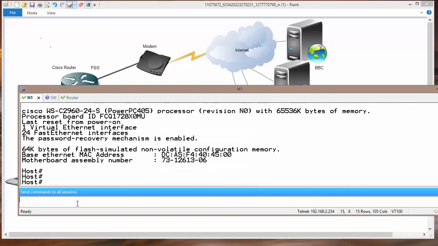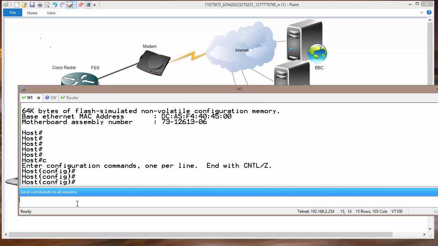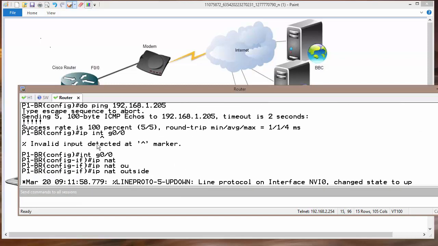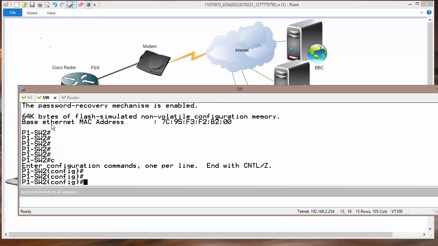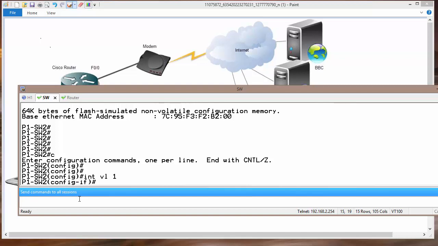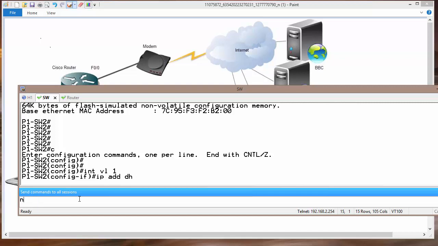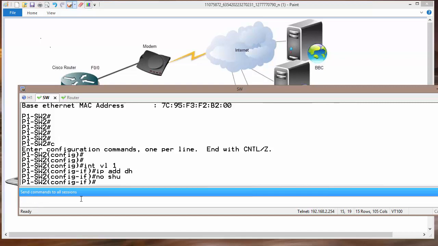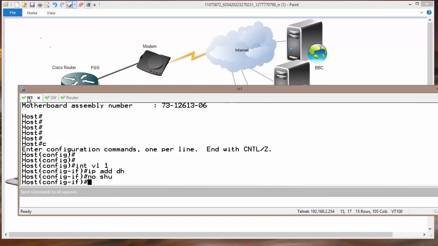So in order to do this, configure terminal on both switches, and then interface VLAN 1, ip address dhcp, and no shutdown. So you can configure your switch to be treated as a host as well.